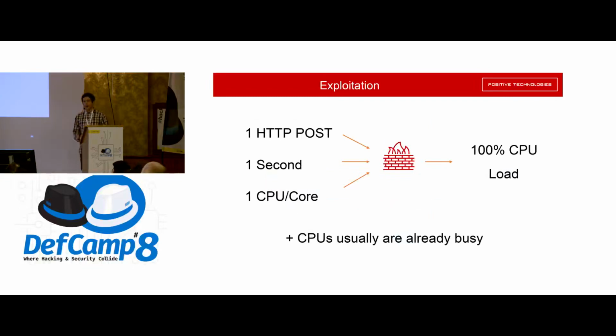In general, an IDS system starts losing packets, dropping packets, even if CPU load is only 80%. So we found a border from which the CPU starts to consume 100% of its capacity. And the border we found is about 200.5 kilobits of network traffic. And speaking of HTTP packets, it is about,